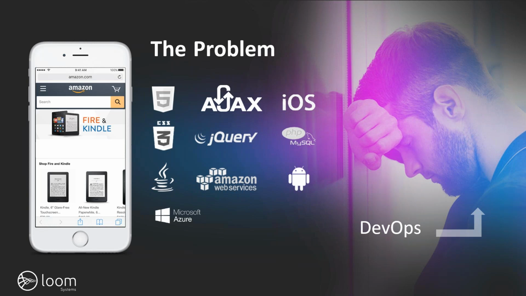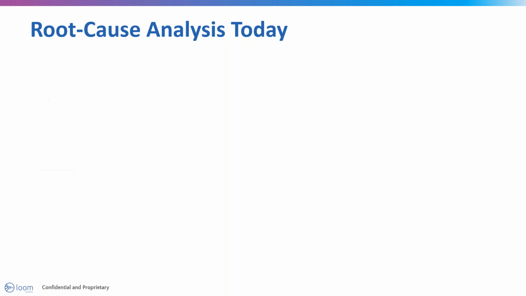It's not possible to prevent failures, only to detect and resolve as fast as possible. And human expertise is being forced to become more specialized at the expense of breadth, yet multi-layered problems are the new norm. So in the last 2 years at Loom, we've been observing dozens of DevOps engineers and SREs